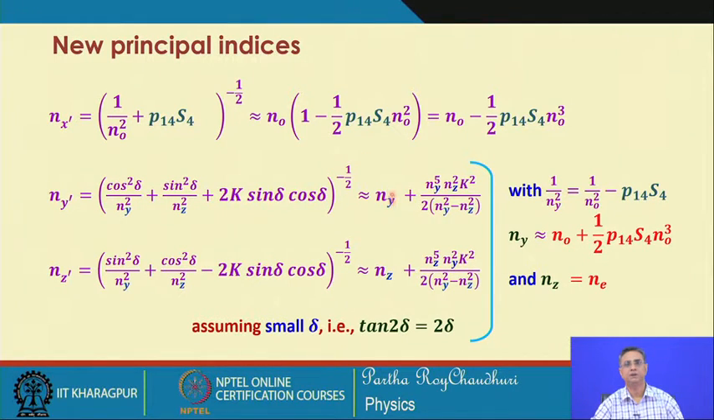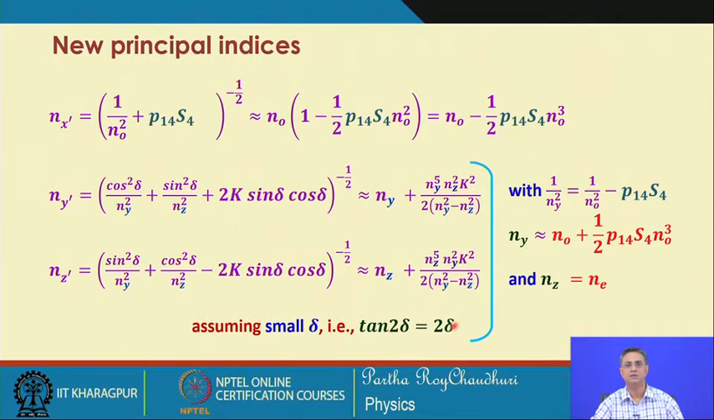After this binomial expansion, we can write in this form. Once we know the values of n_o, n_e, p_14, and S_4, we can evaluate the new n_y' and n_z' from here. This has been possible only after substituting tan 2δ equal to 2δ. It requires a little involved calculation, where this delta is very small for this particular